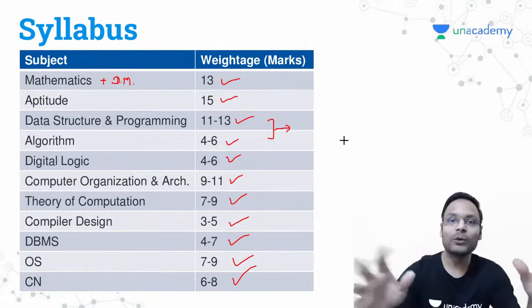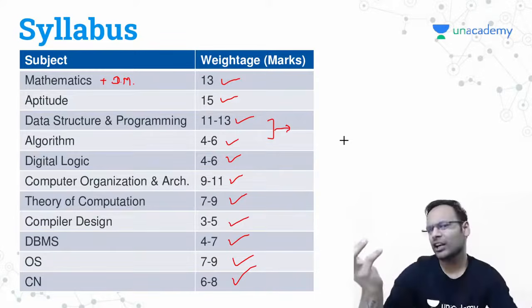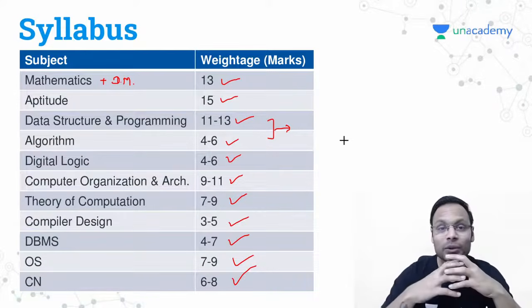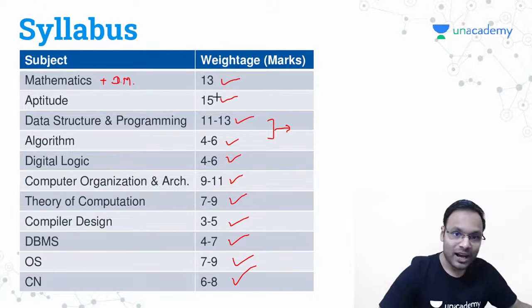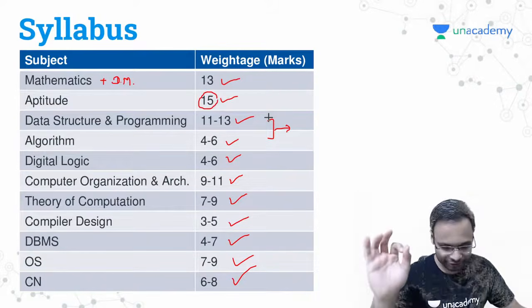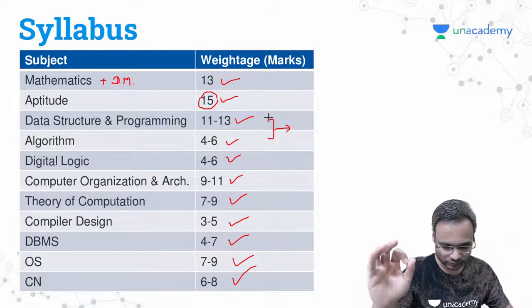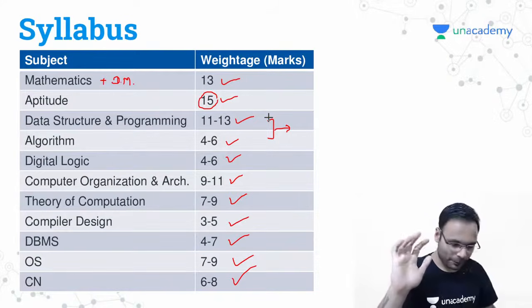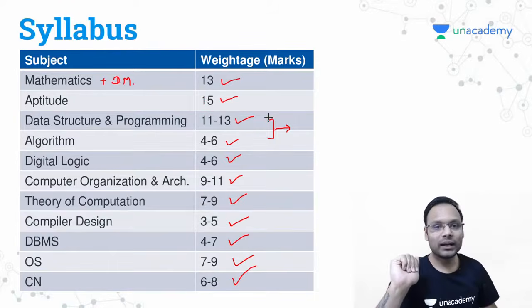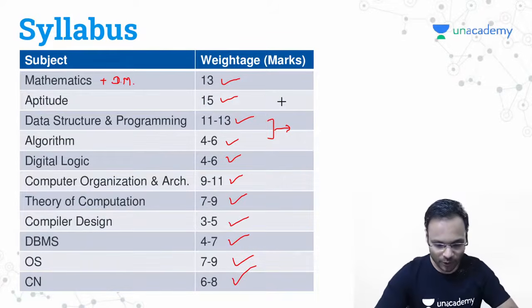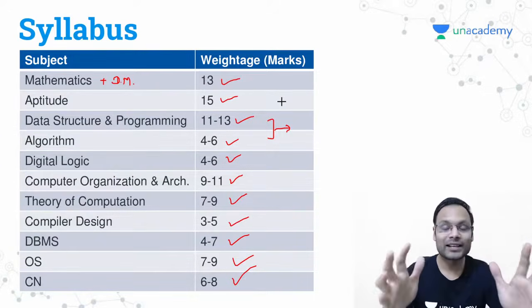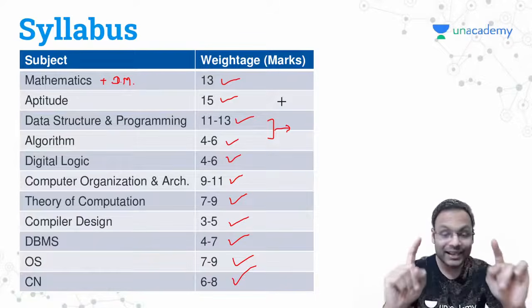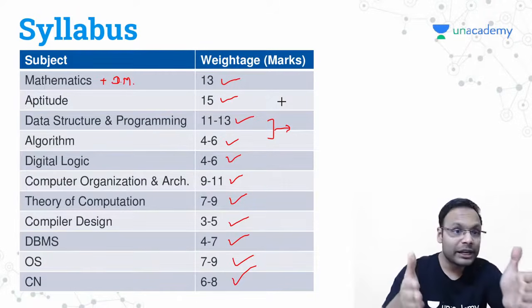Now people used to leave aptitude altogether. Why? Just because, sir, technical courses are more important. Who said that to you? किसने कहा टेक्निकल कोर्स ज्यादा इंपॉर्टेंट है? Look at this, 15 marks, highest weightage in only a single course, which is aptitude. अगर आपने 15 मार्क्स लिया तो फिर आपको मैक्सिमम मार्क्स मिलेगा? बिल्कुल मिलेगा, डेफिनेटली मिलेगा. So how can you learn? See, you need to plan in such a way that you can get maximum marks. That is your ultimate goal.